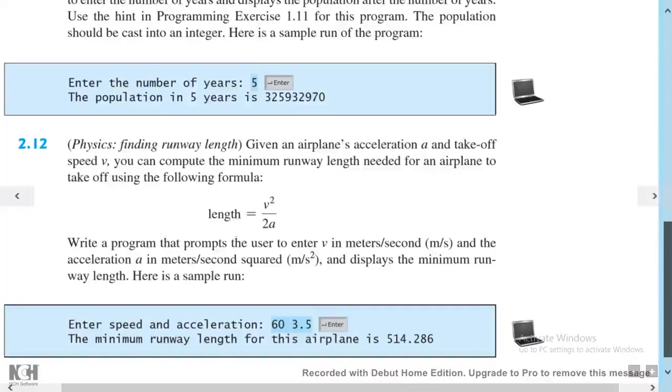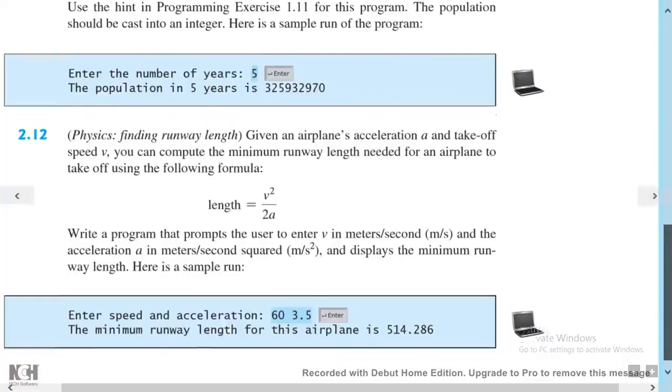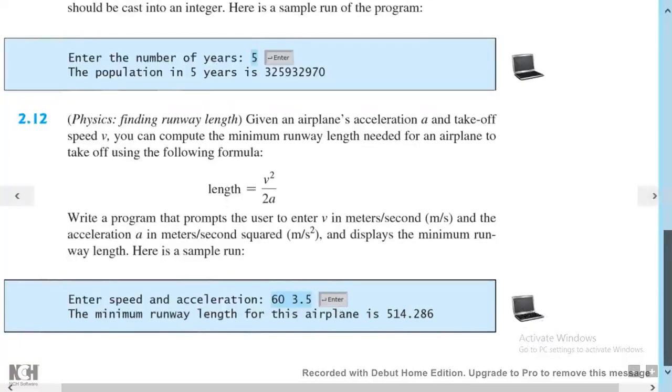We gotta write a program that prompts the user to enter v in meters per second and the acceleration in meters per second squared, and display the minimum runway length. We are also given